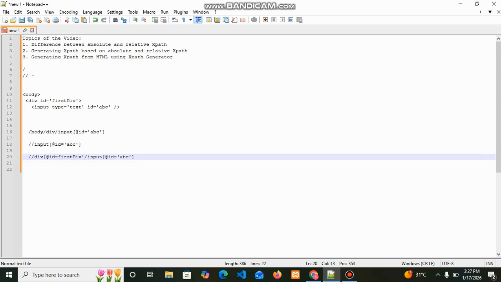But there could be a problem specifying XPath in some places.